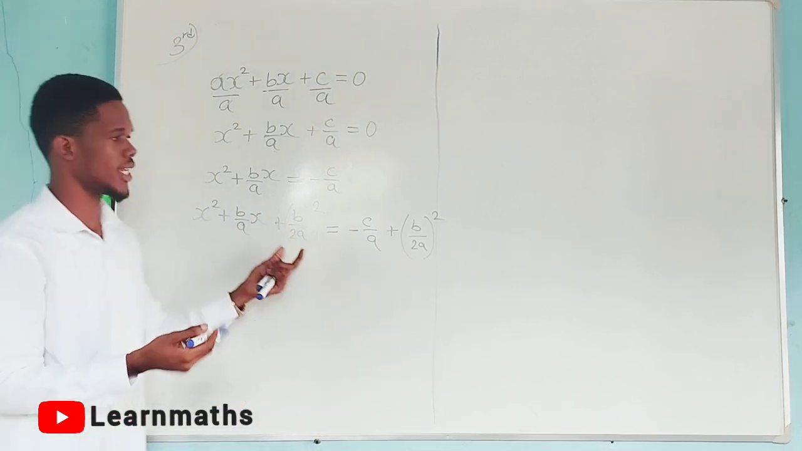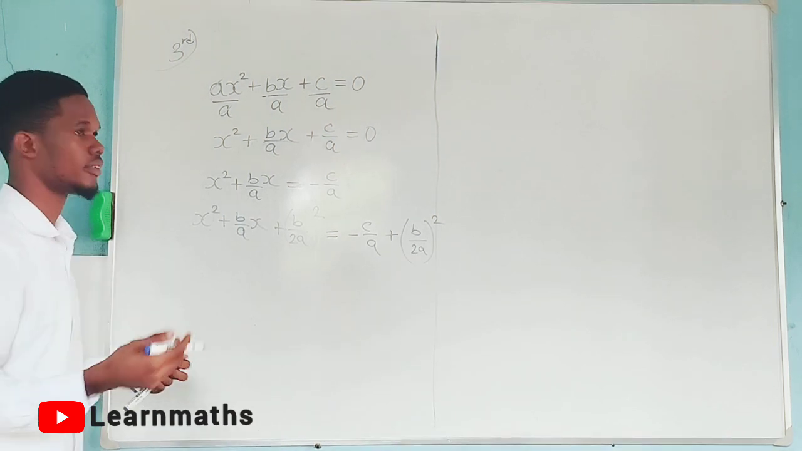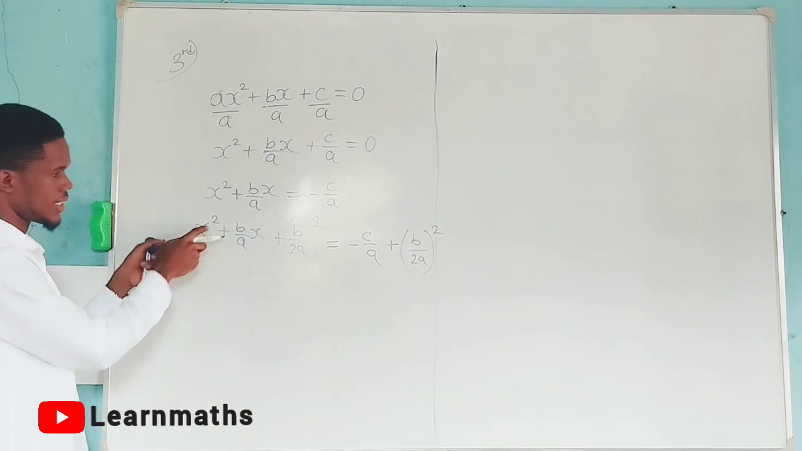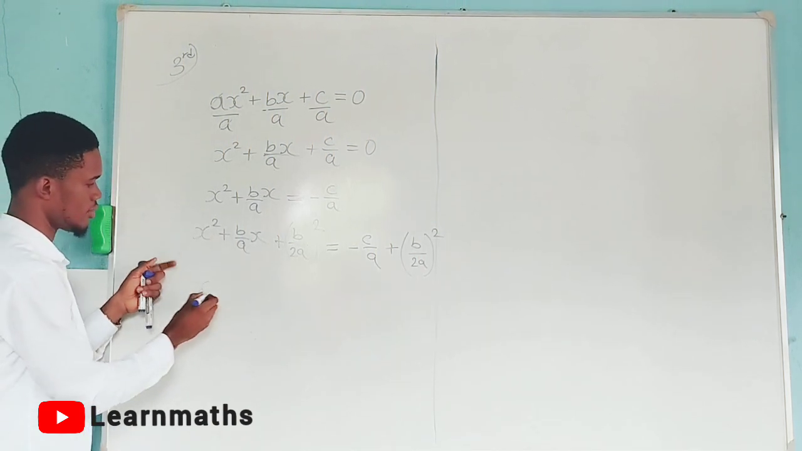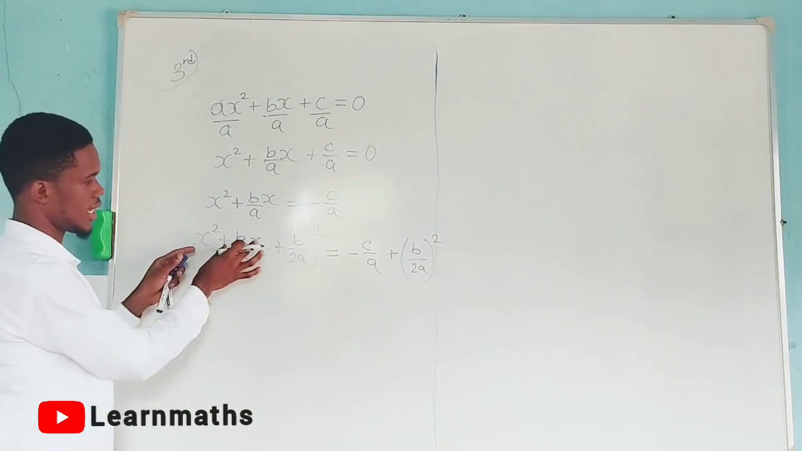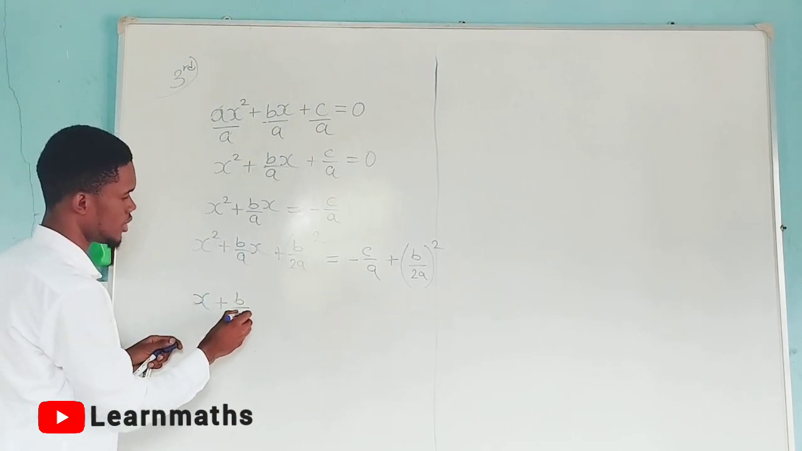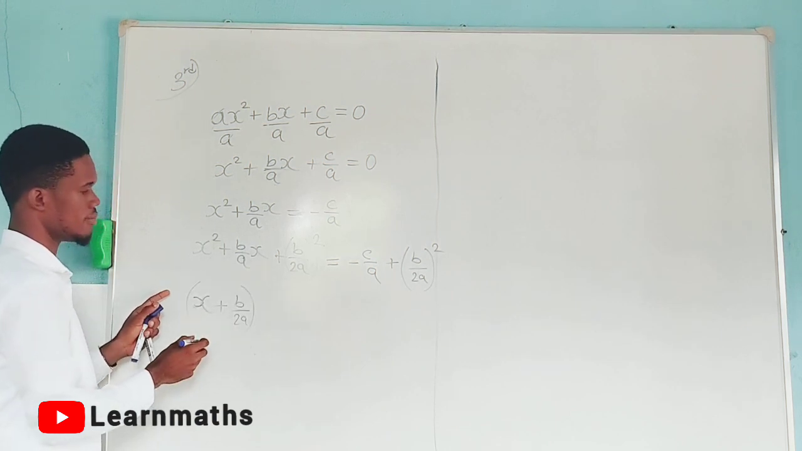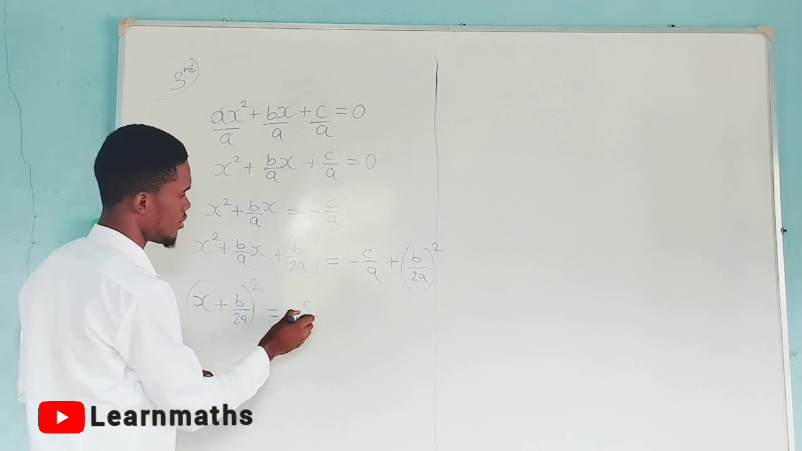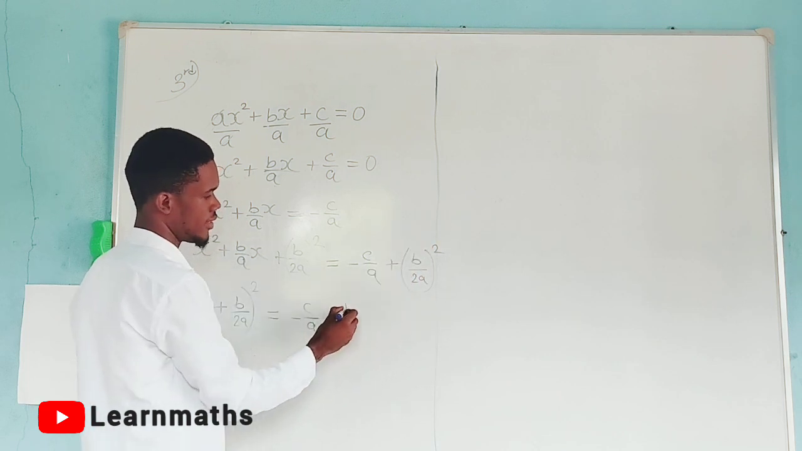So having added this term to both sides, what is going to be our next step? Factorize the left hand side, right? Let us factorize the left hand side. This x has squared attached to it, so I'm going to take just one x, right? I'll take one x. Now this term also has squared attached to it, so I'm going to take b over 2a, right? Enclose in the bracket, then square, equal to negative c over a plus, now b squared is b,